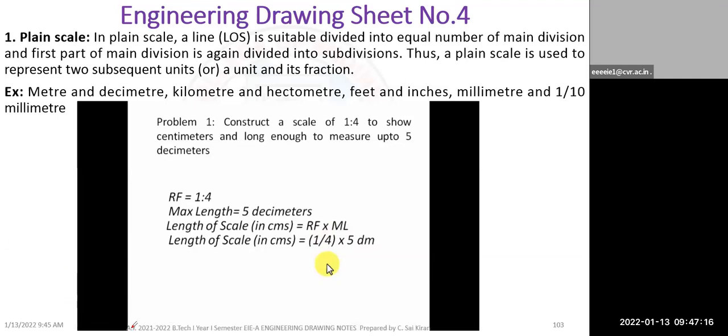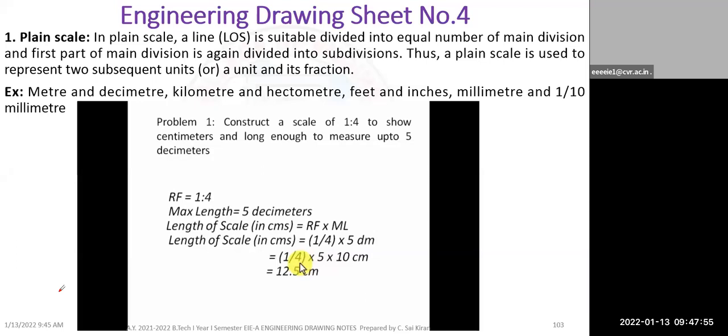The physical scale or ruler that I'm talking about has dimensions in millimeters or centimeters. In India, the most popular scale or ruler has a dimensional unit of centimeters or millimeters. Hence we need to convert this decimeters into centimeters. 1 decimeter is equivalent to 10 centimeters, so in place of decimeter, we'll write 10 centimeters. 5 times 10 is 50, over 4, is obviously 12.5. So the length of our scale has worked out as 12.5 centimeters.